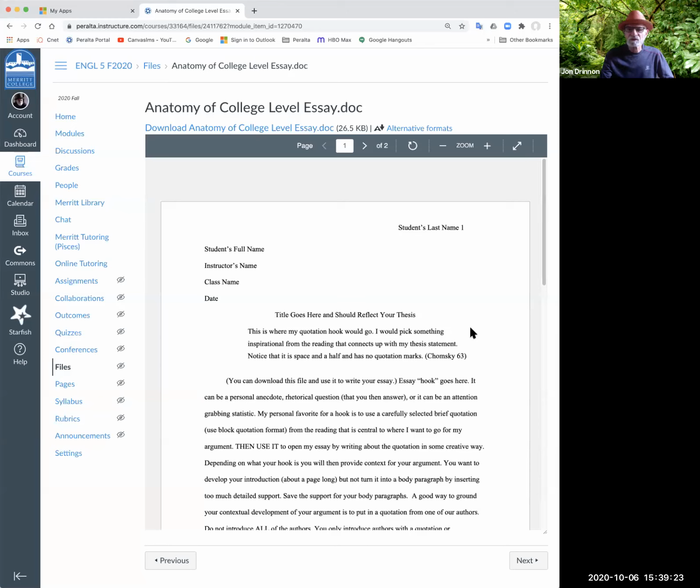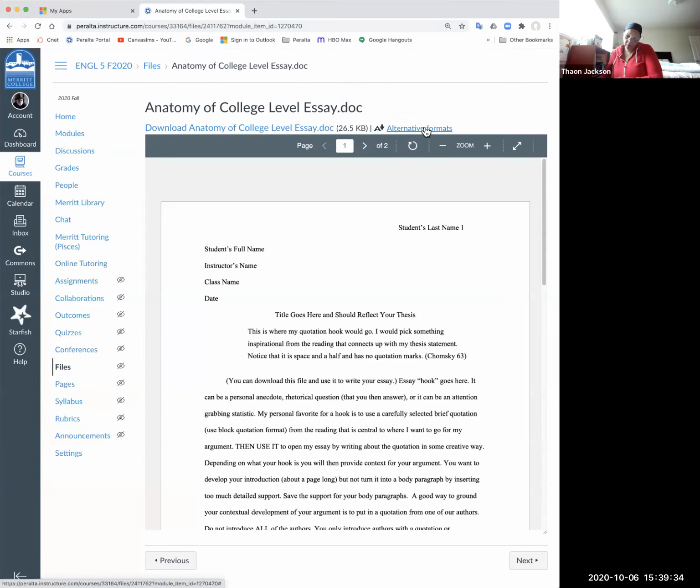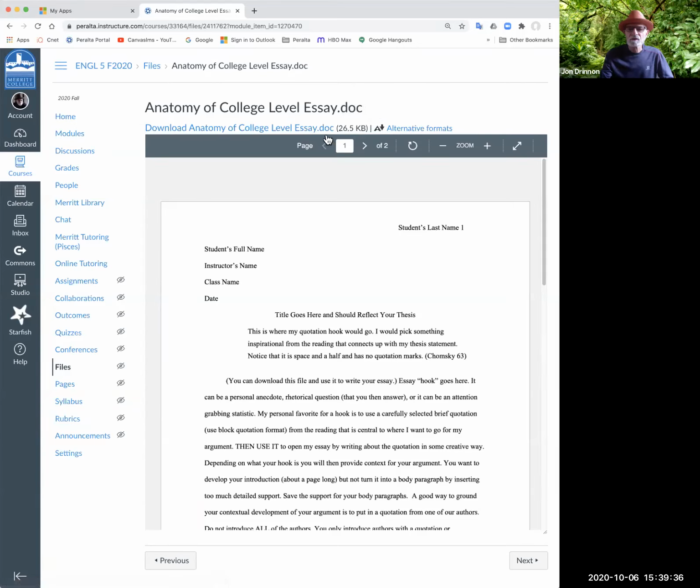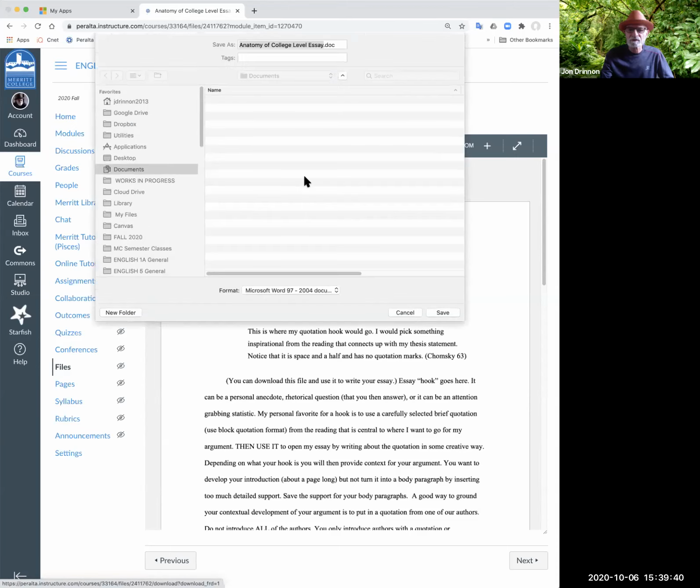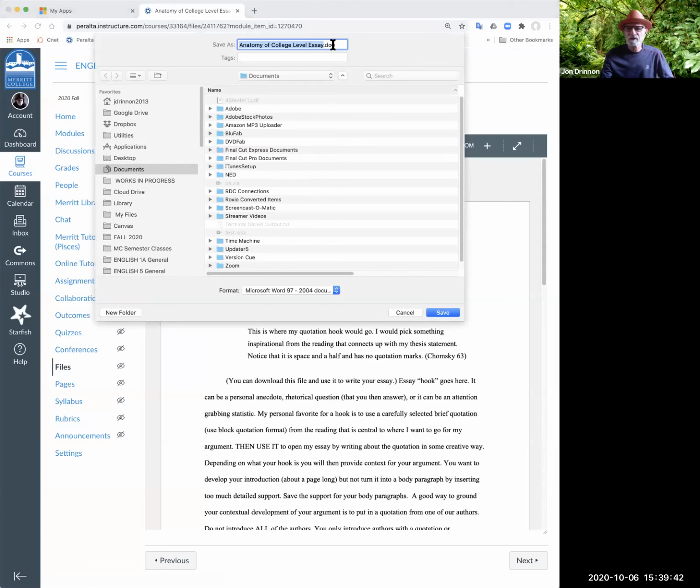I think you download it just from here. Oh, that's it. I may have already downloaded that. Right, so you can just download it. If you worry about clicking on something, it's going to download to your computer as a doc file.